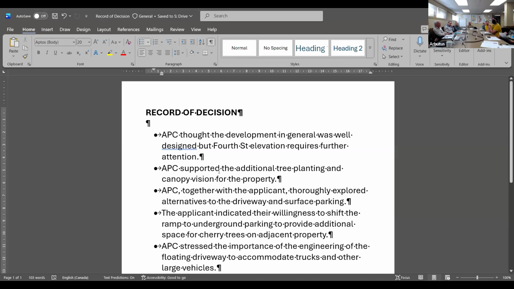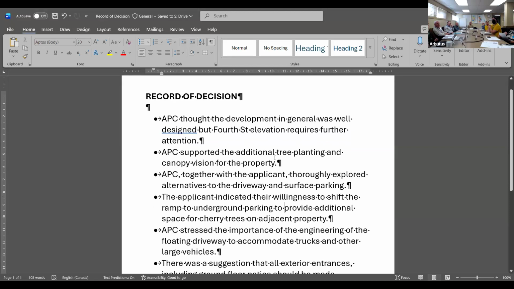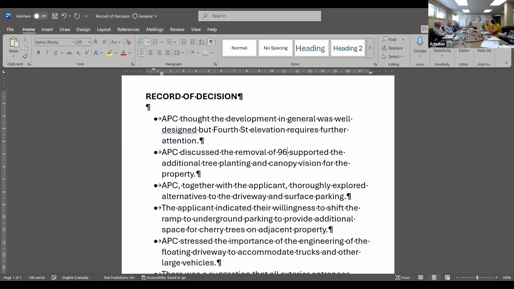Even though it's in the recommendation, maybe we could add that. Maybe we could alter bullet point number 2 and say APC discussed the removal of tree 951 thoroughly. Oh, sorry, 591. I think it was 951. Is it 951? Check.